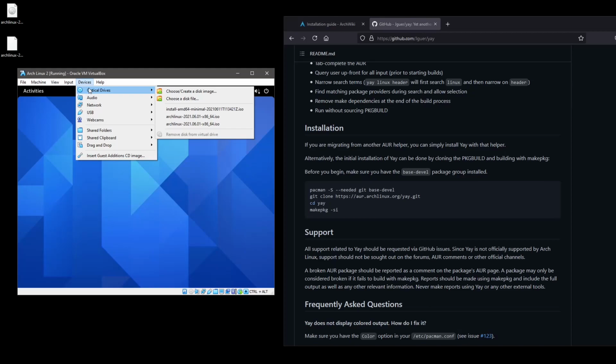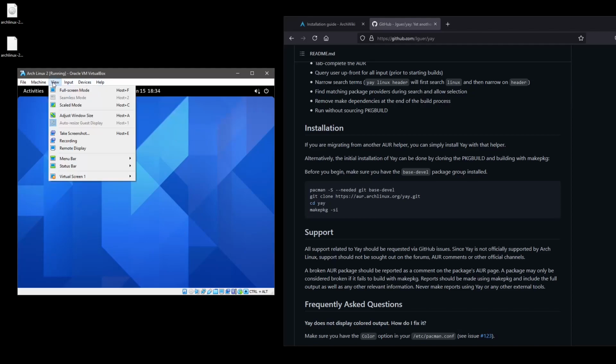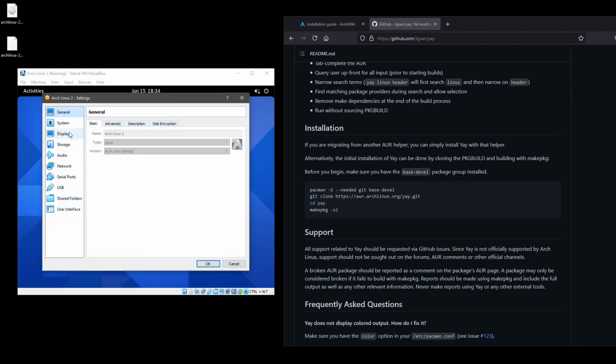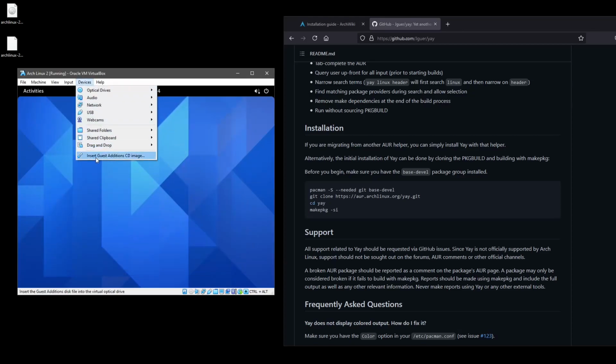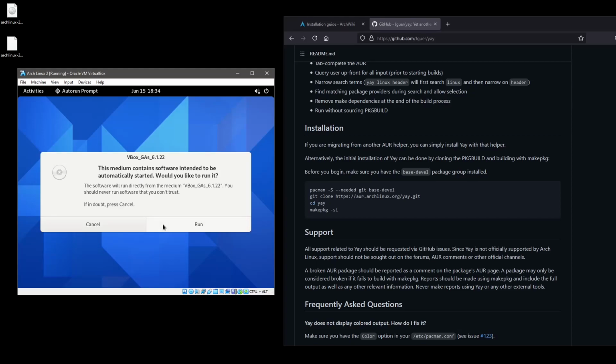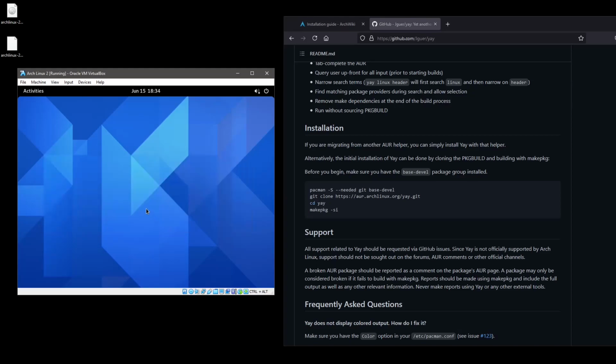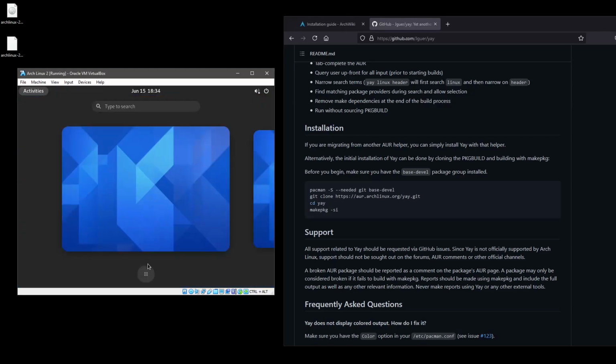Let's see here. We need to go into settings and storage, and this is empty. Okay, cool. So now we need to insert the guest additions CD image and run it. Now it might not be able to run on its own. I don't know. So what we could do is